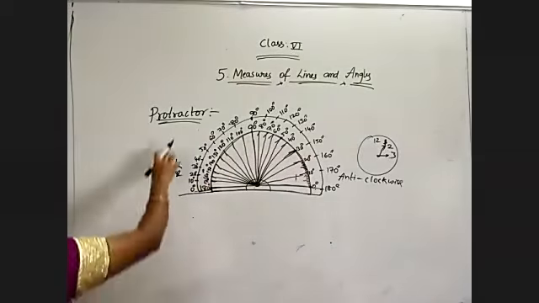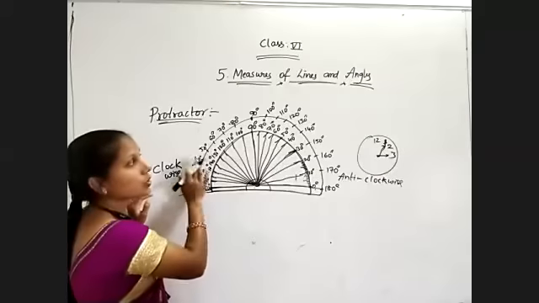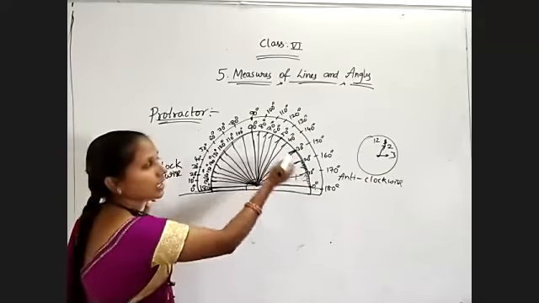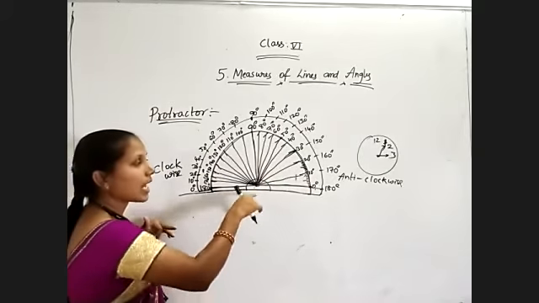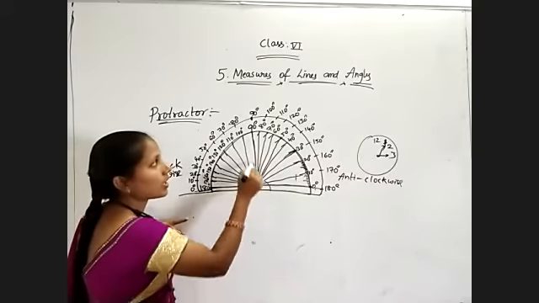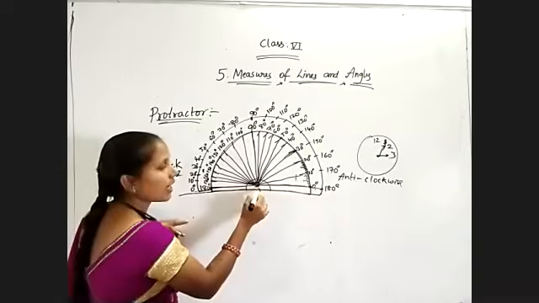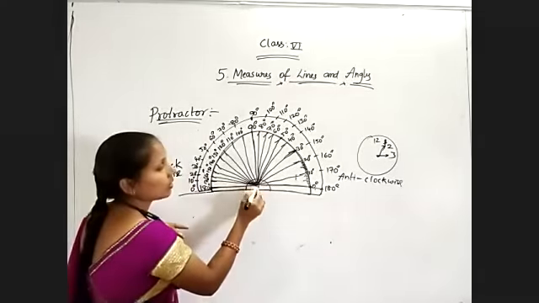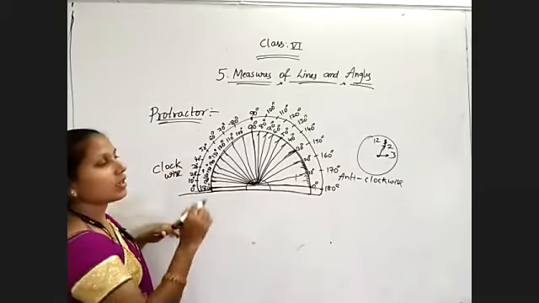Now coming to the protractor, we have the protractor in a semicircular shape. It is used to measure and construct angles. On the protractor, we have completely 180 degrees. Those 180 degrees are marked in the clockwise direction and anti-clockwise direction. And wherever those two lines, 90 degrees and 180 degrees, are intersecting, that point we have to take as the common vertex.